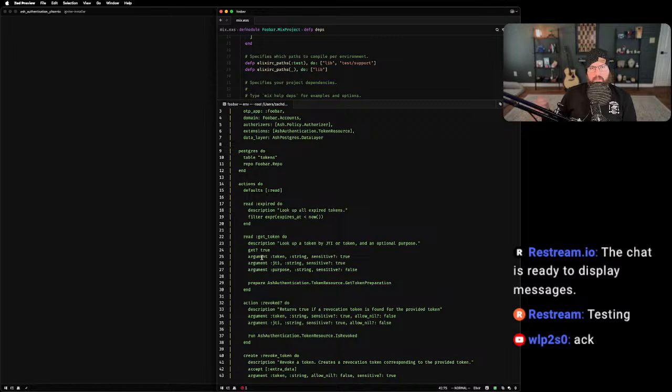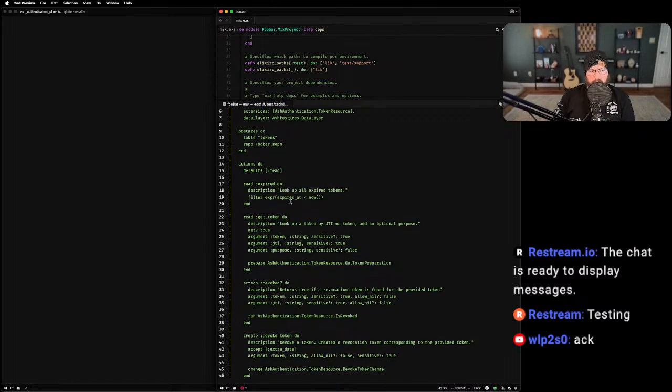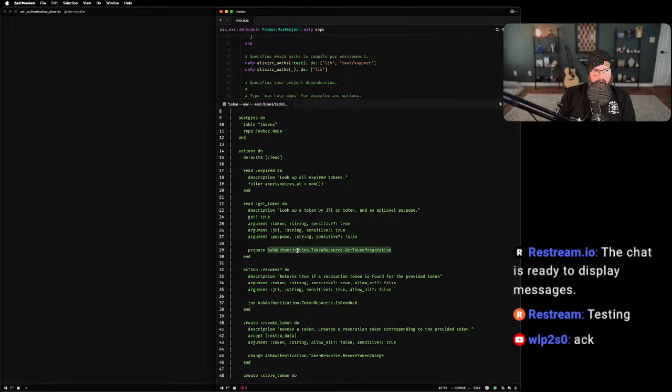And what's cool is that's kind of the best of both worlds. But now with the generators, we just define the appropriate versions of each action. And then if you change something that must happen, like if you were to remove this preparation, you'd get an error. But if you were to add something else, like, whenever somebody tries to get a token, I'm going to add some other check, you would be allowed to add that, right?